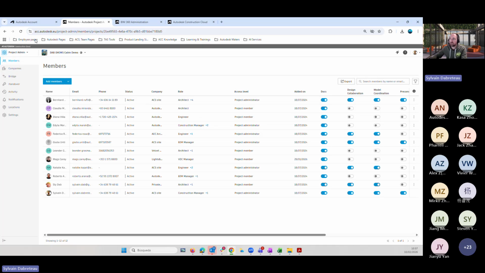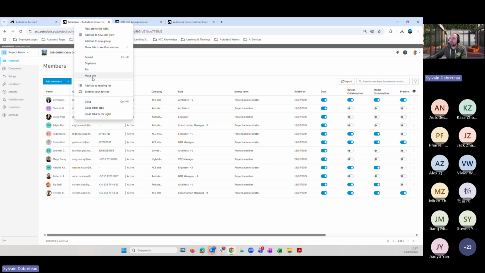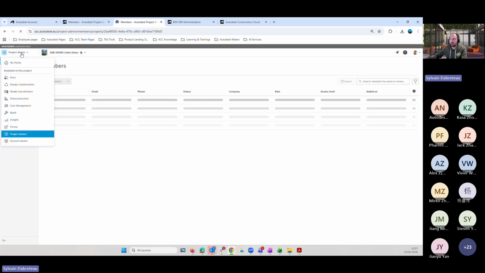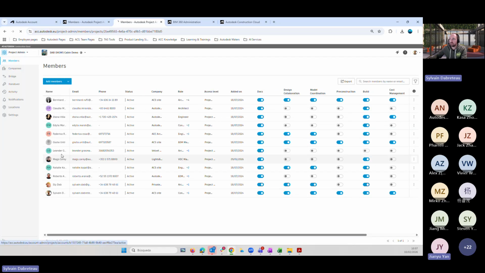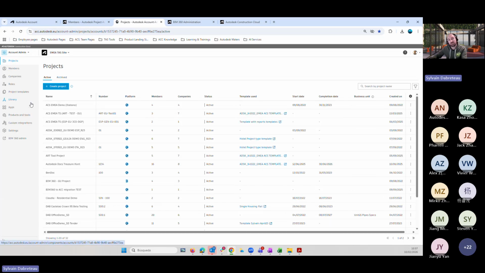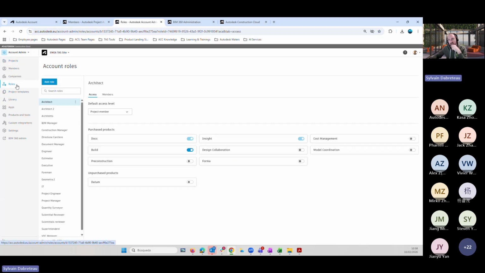In the account administration, you see when I duplicate here. If I want to create a new role, I go to the account administration here. That's maybe something that you need to discuss with David, actually, if it's relevant to your project management. Only in account administration can someone create a new role.